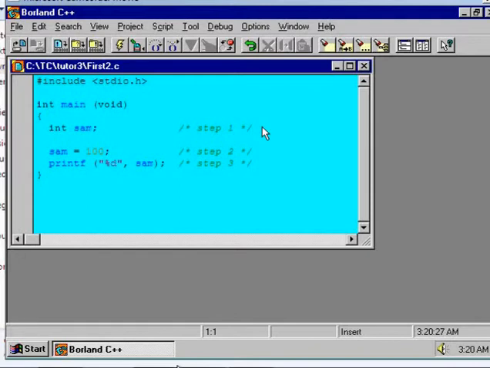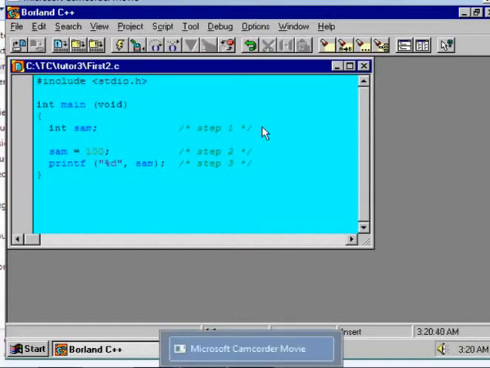Now in DOS environment, that is in a 16-bit operating system, the integer type of data occupies 2 bytes of memory and its range is minus 32,768 to plus 32,767. In Windows 95, that is a 32-bit operating system, the integer type of variable occupies 4 bytes and its range is